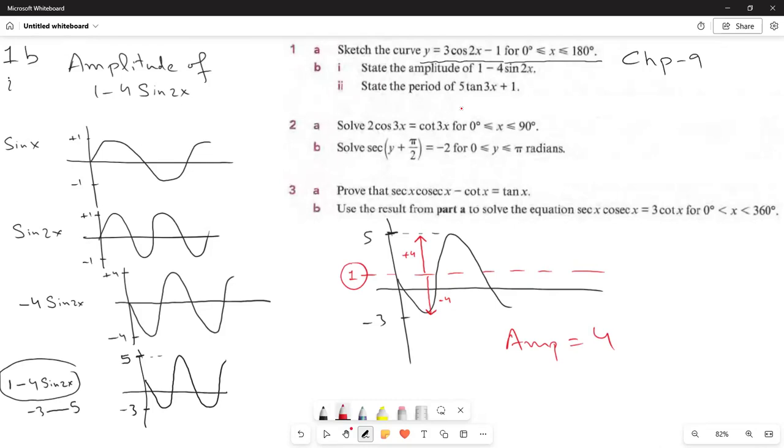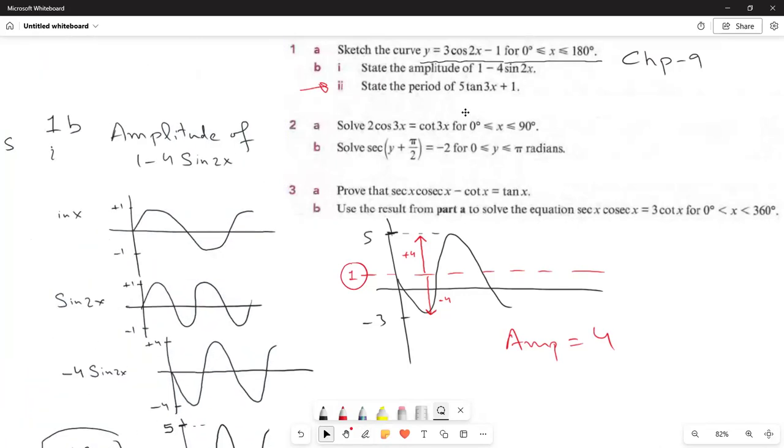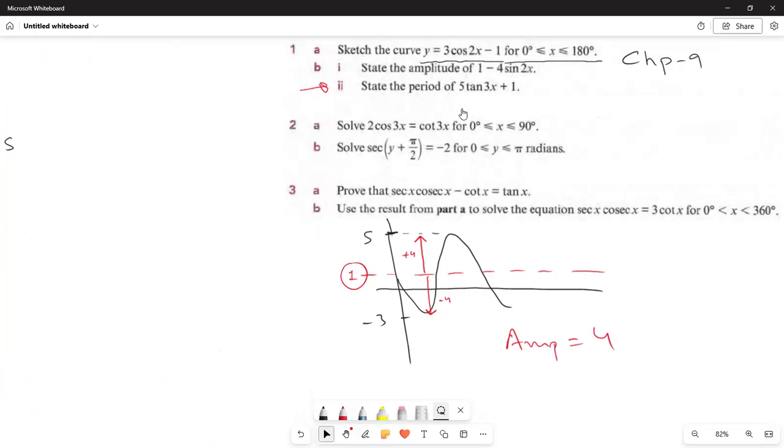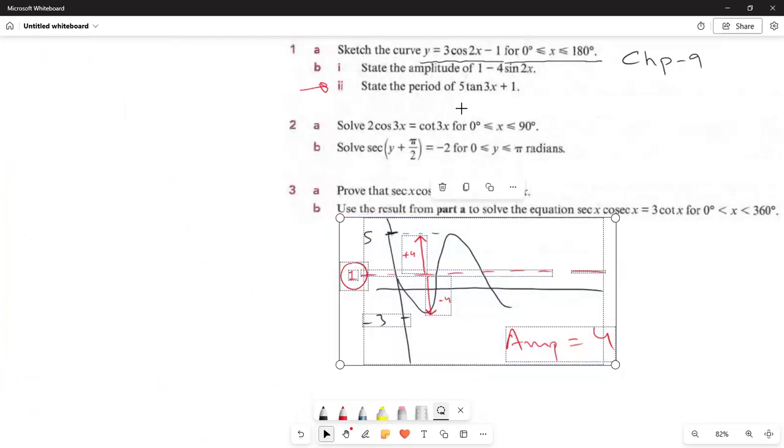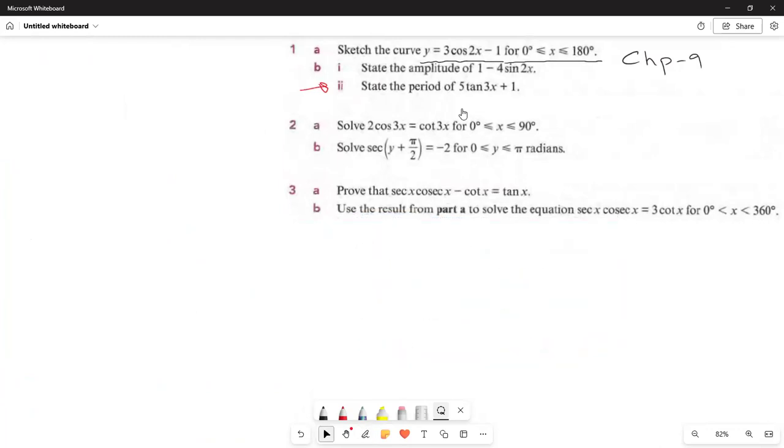Now I want to do the second part. So I need again some more space. Let me erase all of this. Okay, so now I'm doing question number 1b part 2. State the period of, now I want to find the period